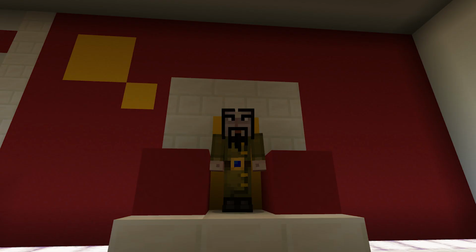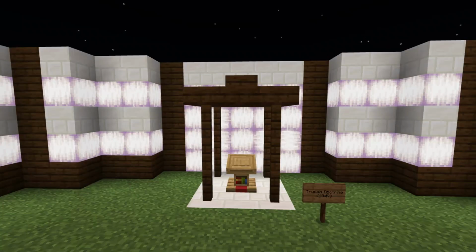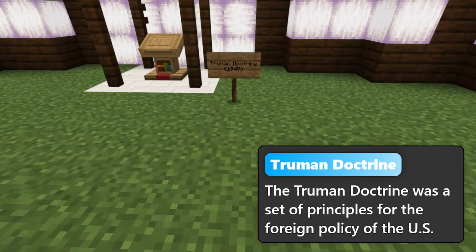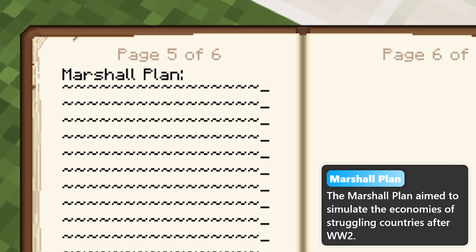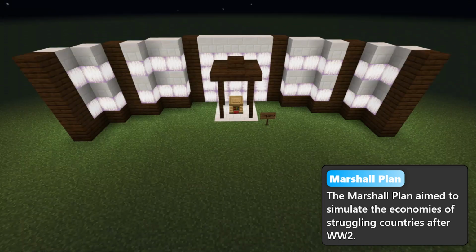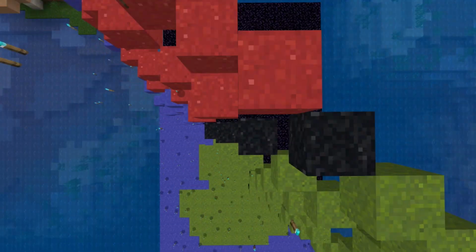the Soviet Union. In order to combat the spread of communism, President Harry S. Truman presented his Truman Doctrine to Congress on March 12, 1947. A big part of the Truman Doctrine was the Marshall Plan, which helped stimulate the economies of European countries after World War II. Due to our commitment to the Truman Doctrine and our foreign policy, Britain decided to join the